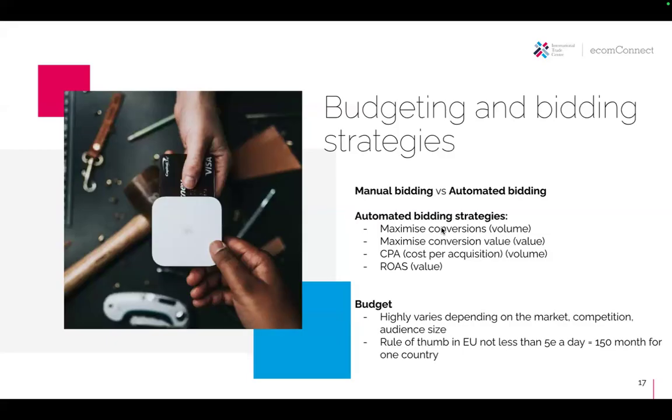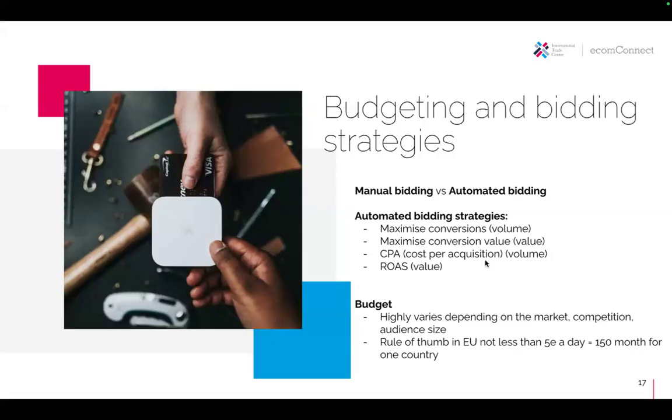There's many, many different types of conversions you can have, and depending on the business, it will be different for each and every one of you. So if we use the maximize conversions bidding strategy, we are telling Google, out of these conversions that I've now tracked on my website, I want you to treat them as equal and maximize the amount you can get to me. So it doesn't matter if it's harder or easier, whether it's a purchase or a page view, they will be equal, but I want you to maximize the volume that you can get to me.